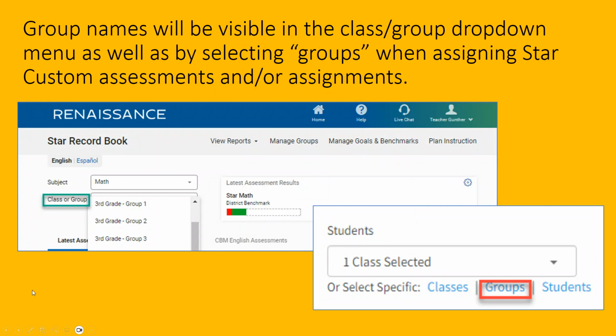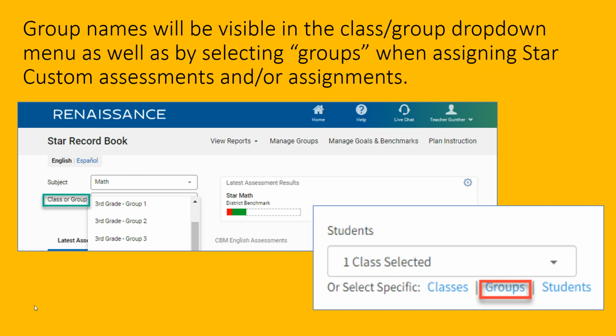Easy as that. Now we can go into any of our reports, most of our reports, and we will be able to see those group names visible in that drop down when we're selecting classes or groups. In certain reports, we can see the box here on the right where we can see a hyperlink to select the group instead of using that drop-down menu option. Different ways to be able to pull that group in to be able to see their data,